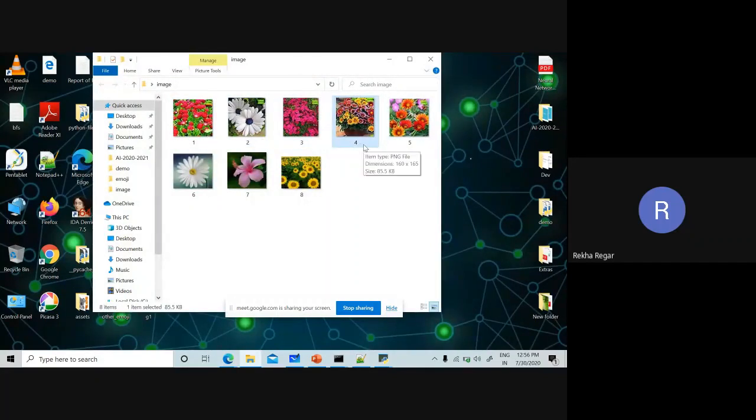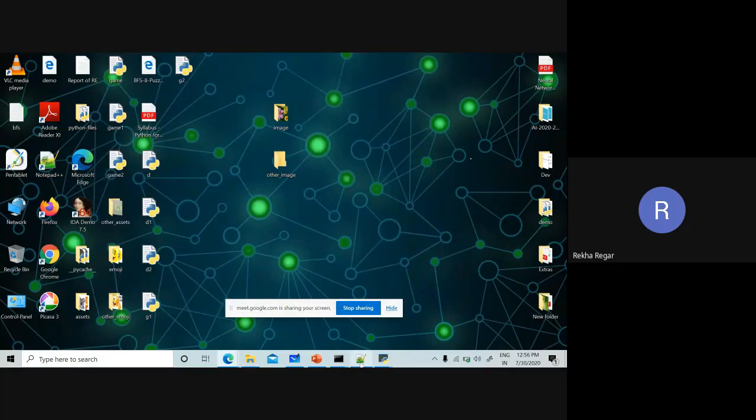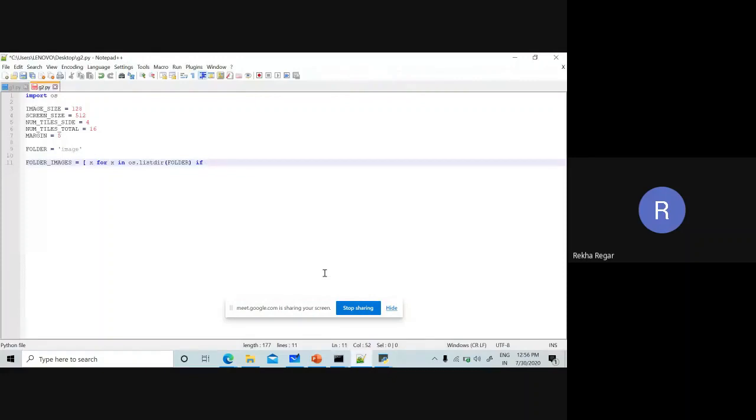It means the last name is .png. So we are going to take images where we match the image format, and the image format is PNG. When the image format is PNG, on that matching, we take the images. So we have to write something like that.